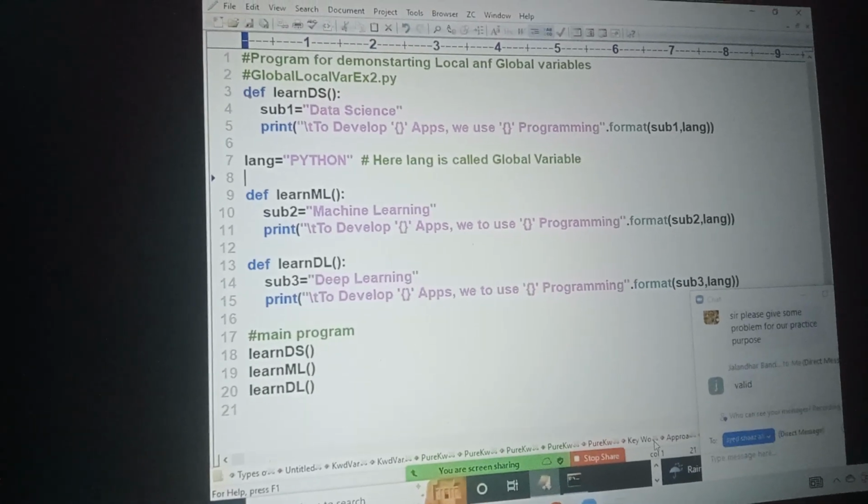I told you already many times, you are not remembering. When the Python program starts executing, it will just